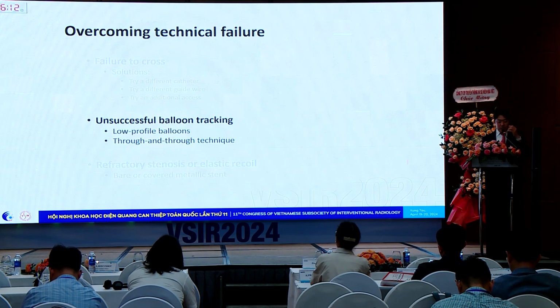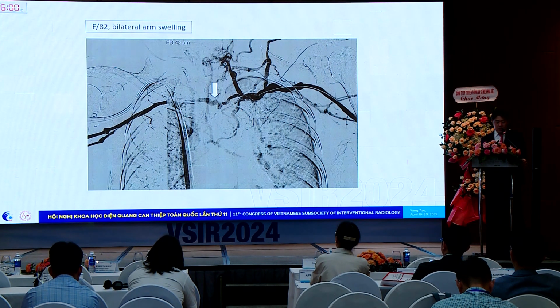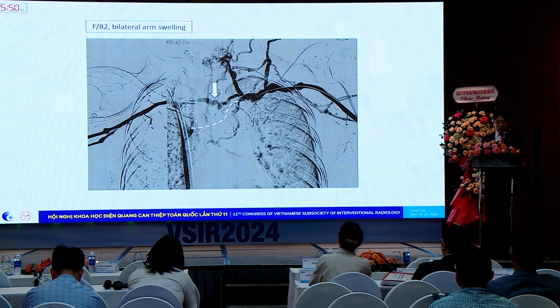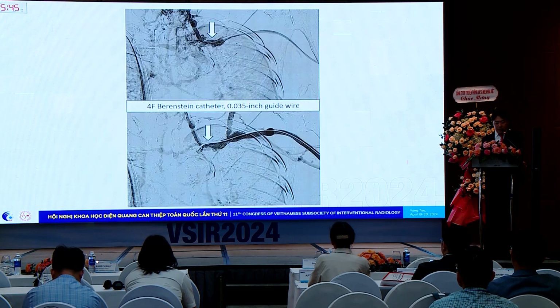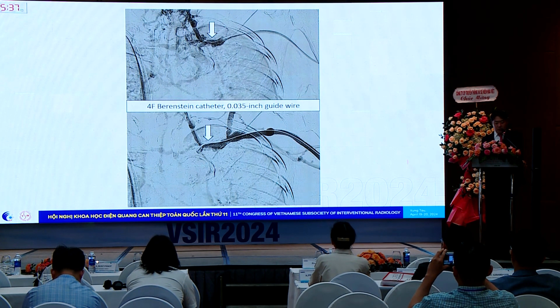Another way we can overcome technical failure is when we have the wire across, but have difficulty getting crossing devices through the occlusion, whether it's just catheters or balloon catheters. This is a typical case. This patient had a right-sided pump cath and a fistula on the left side. The arrow shows a collateral connecting the two sides, and the actual innominate vein would go along the path of the dotted line. We were just using typical 4 French directional catheters and a hydrophilic guide wire to find our way,